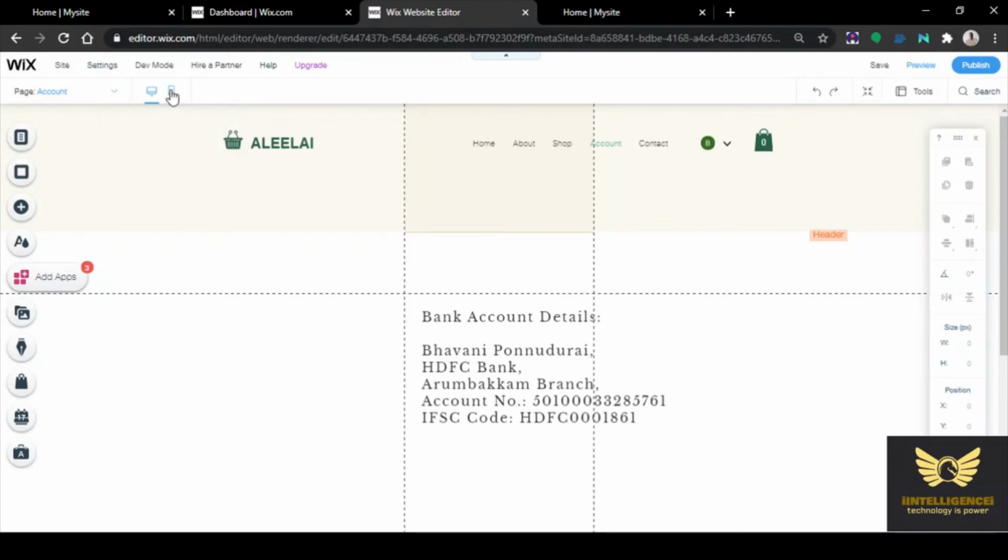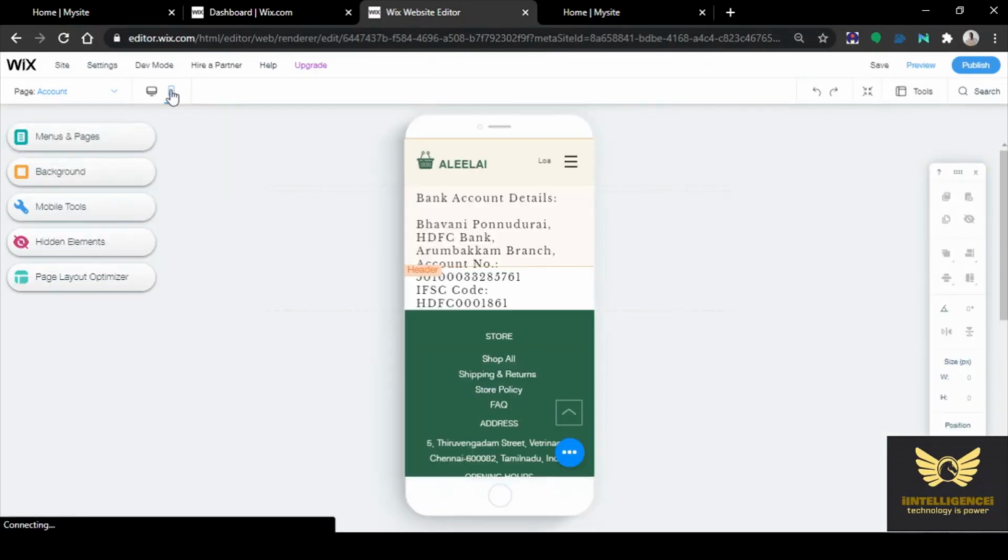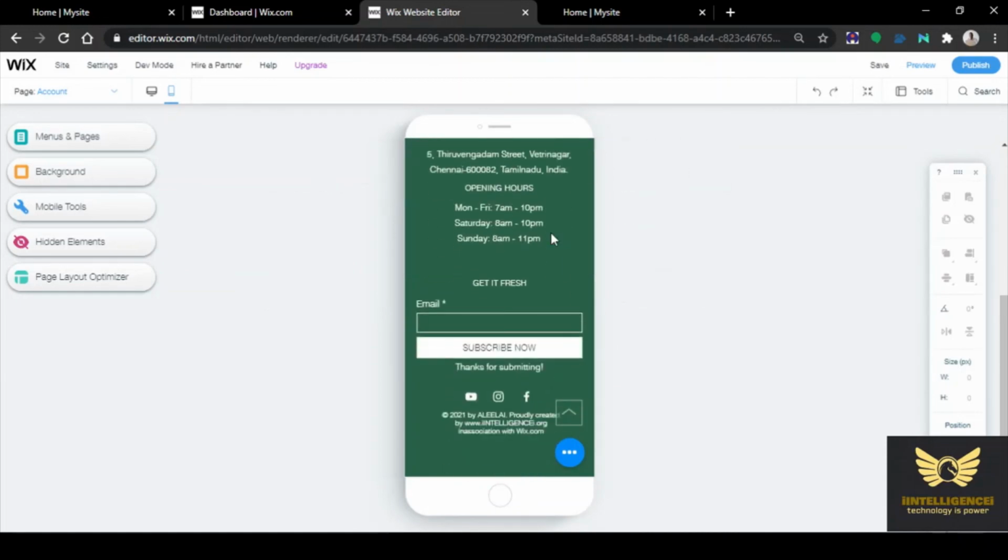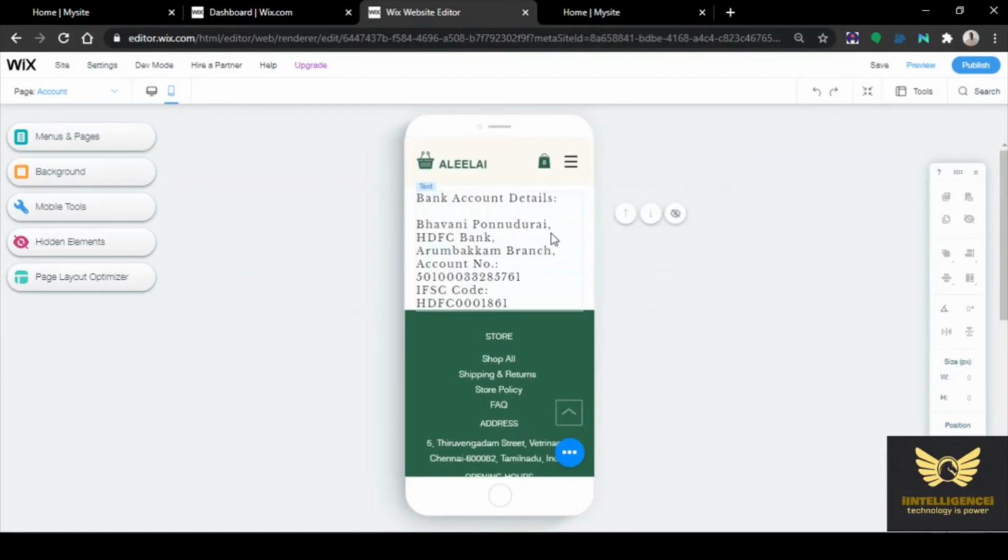So now let us see the mobile site. The desktop site we have seen. Now let us see the mobile site. So this is the mobile site, looks like this in this bank account details page.